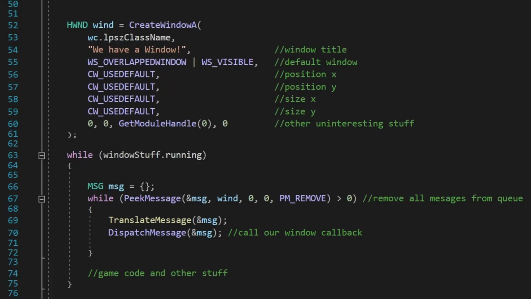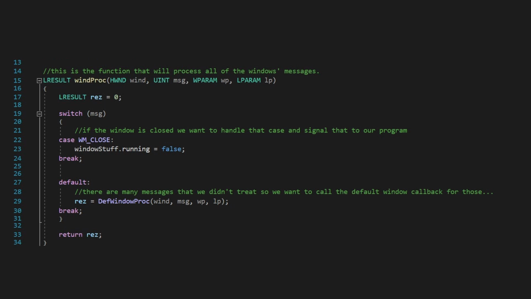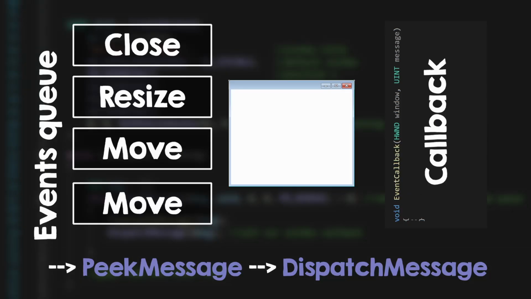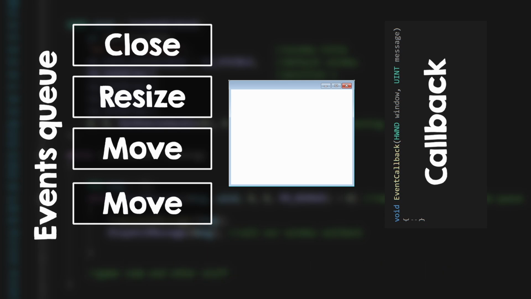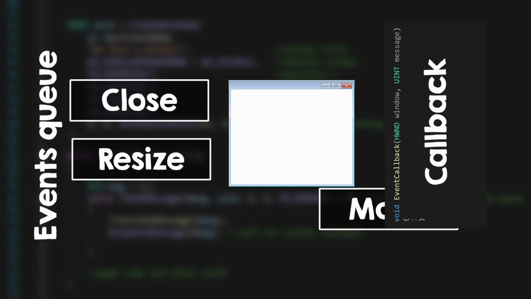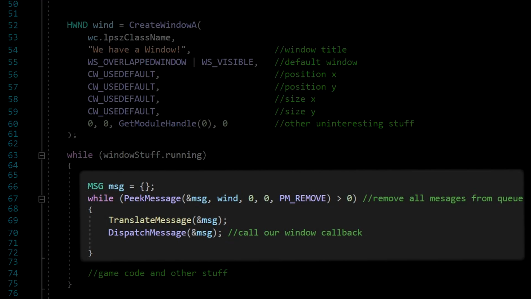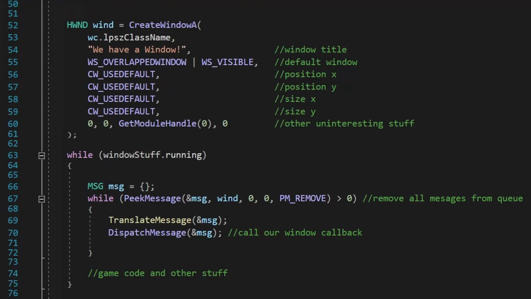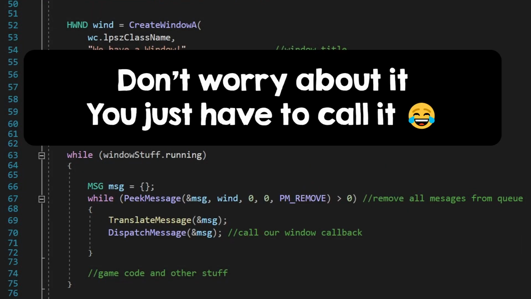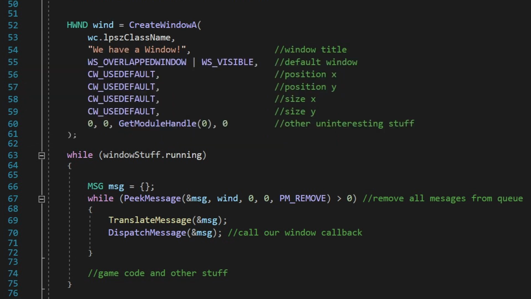Dispatch message will basically just call the callback that we have created to handle the events, and we are responsible for handling them, as you'll see shortly. Now many messages will actually go directly to your window callback without you calling this stuff. But that doesn't mean you can just ignore these lines. Messages that go through this code here are keyboard related things, for example, and what translate message does is to convert keyboard messages into WM_char messages. Essentially, you have to call this function so your messages are interpreted properly later.